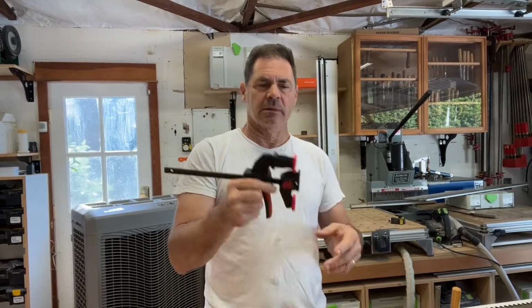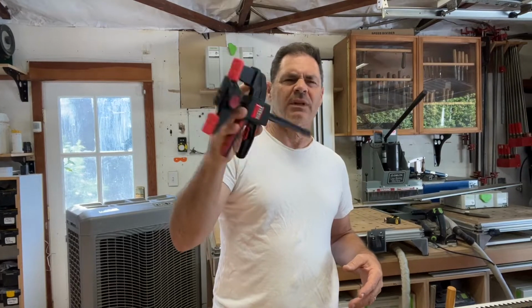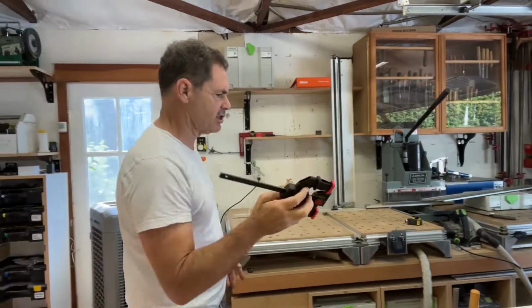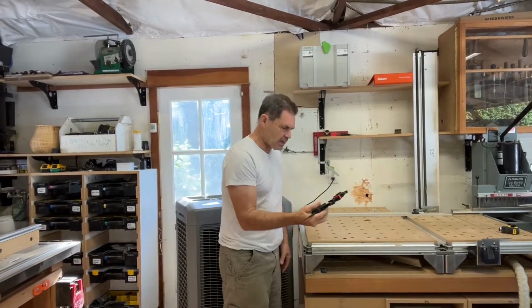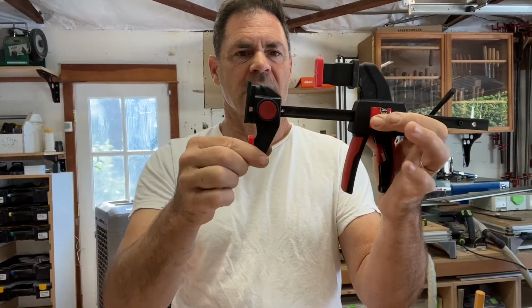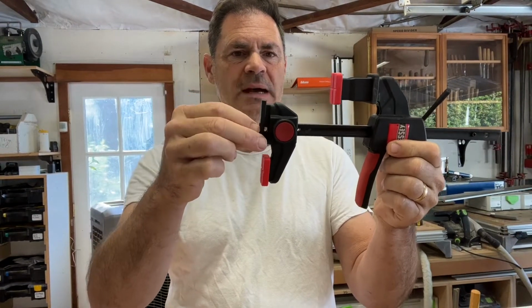So let me give you a quick view on these. I think a pair of these were like 25 bucks. They weren't bad, so I bought 2 pair. So this is the main thing I was excited about, the fact that there's a track slot in the head on